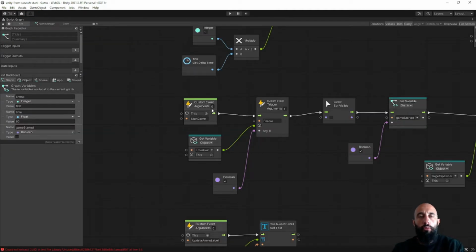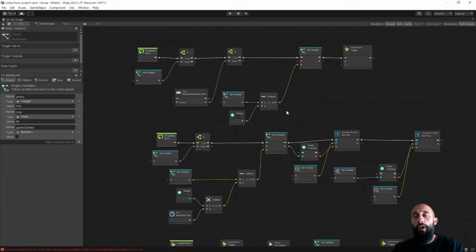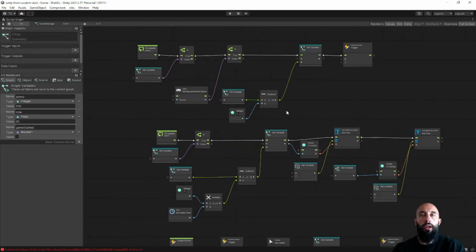So it's where we have the custom event to start the game. It's where we are dealing with the variables that define basically the state of the game. So basically the player loses the game when the ammo reaches 0 or when the time reaches 0, in either one of these conditions. So we have two different places where we could have a game over. So what we need is, so that we don't duplicate the code, a single place to deal